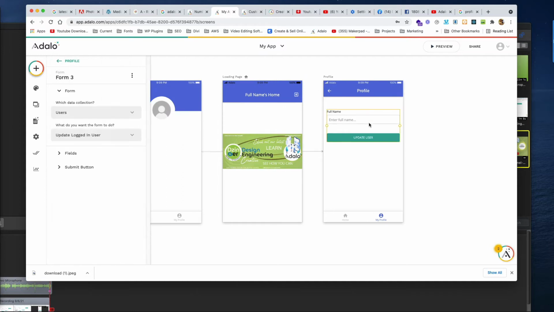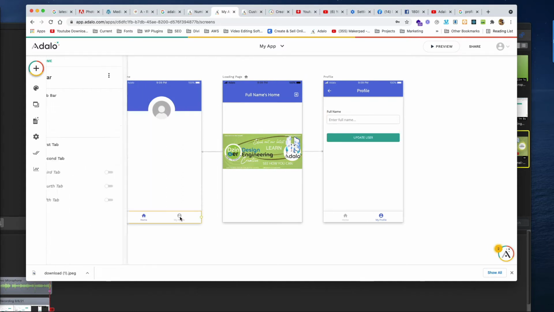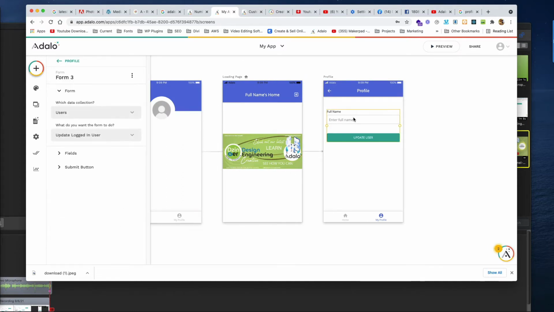Remember how we have a profile edit? When you click on this My Profile, it takes you to the screen and it fills out this field. Wouldn't it be cool if I just change this to something else and then go back to it, if it would just pre-populate that image? Watch this. If I go down to fields